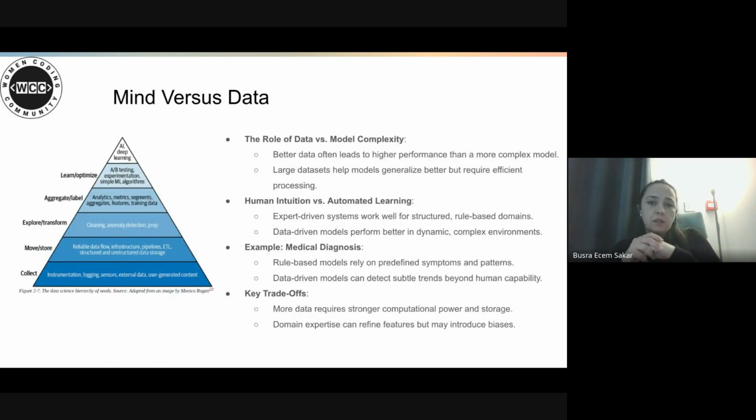Yeah. So here's a conversation question. Model versus data. Is it better to have a complex model or better data? Which one is better? Many people assume more complex models are always better, but in reality, better data usually beats a better model. In the book, it also emphasizes this